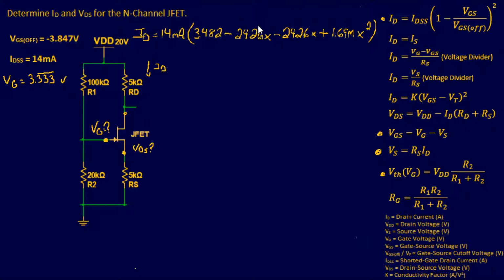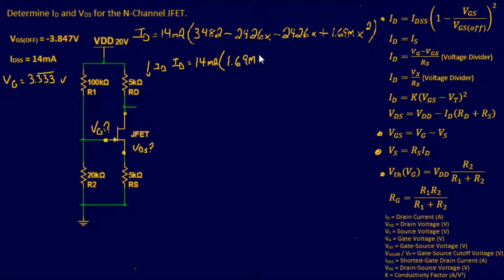So what I'm going to do is add these two x's together, and I'm going to move x squared to the front. So I'm going to make it in our typical way we're used to seeing it. So I'm going to say drain current equals 14 milliamps times, I'm going to bring this guy first, so it's going to be